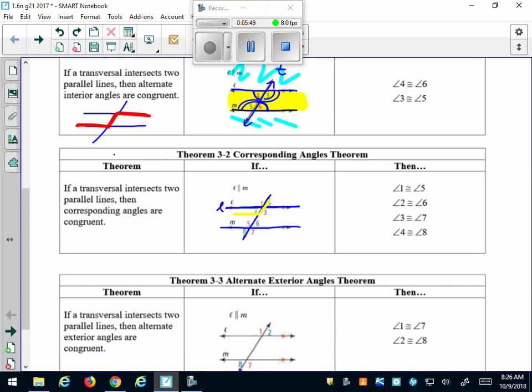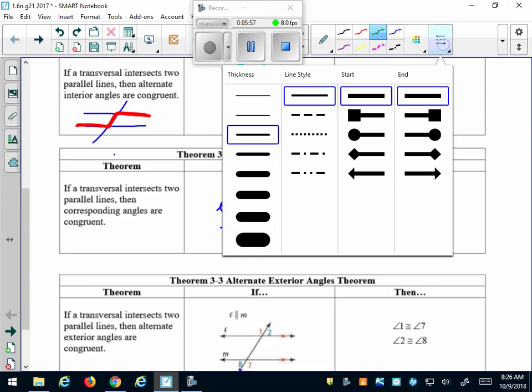So angle 1 and angle 5 are in the same positions as each other. I could do the same thing with,